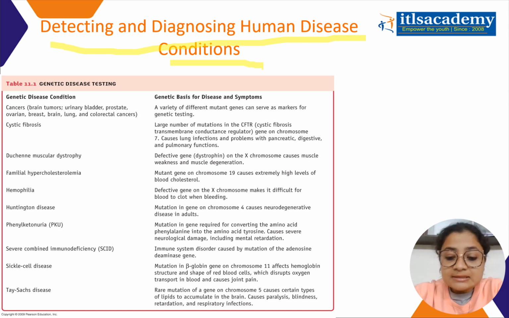Okay, and this table, as you can see, the table that I have given over here, this mainly focuses on the various genetic disease conditions that can happen in the human body or which are usually reported to occur in the humans. Okay, so among them, one of the major or most common genetic diseases that can happen is cancer, as we all know.